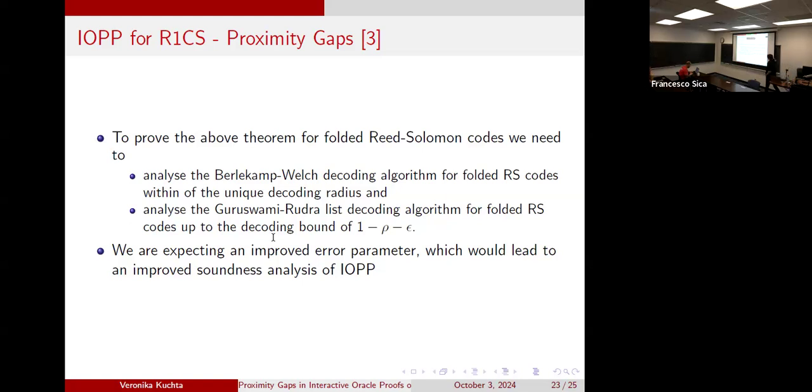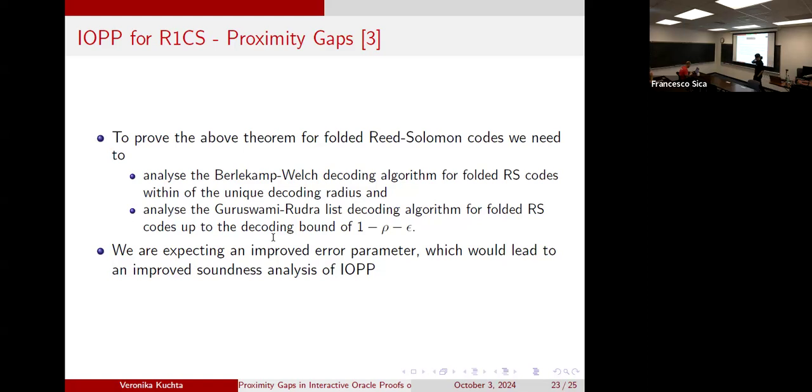for folded epsilon codes, which is valid up to about 1 minus rho minus epsilon. So what we need to do is to run this decoding algorithm, analyze it step by step, and see whether we indeed manage to complete the analysis successfully. So we are expecting an improved error parameter, which would lead to an improved soundness analysis